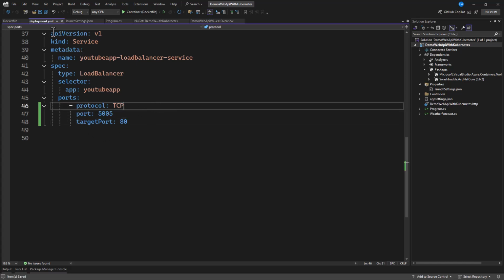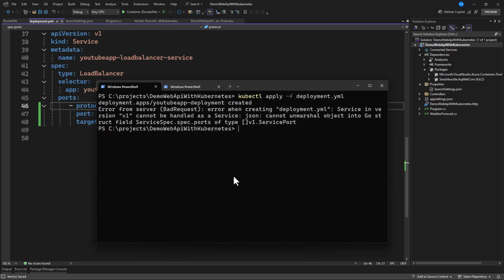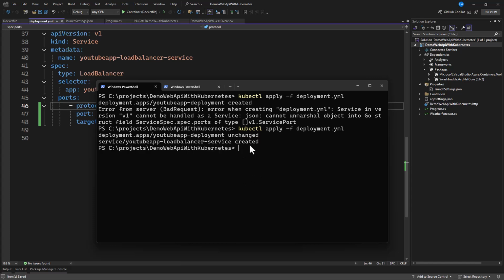Okay, so let's save this and let's go back to our command line. Let's try to apply this again and check it out. Yes, I can see now it's created. Now in order for us to see what we have done, what we're going to do here is kubectl get deployment to get what we have applied.